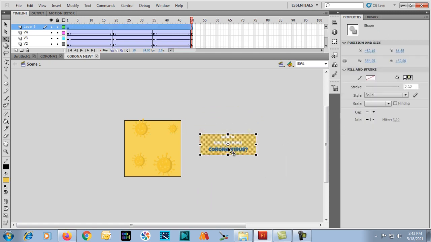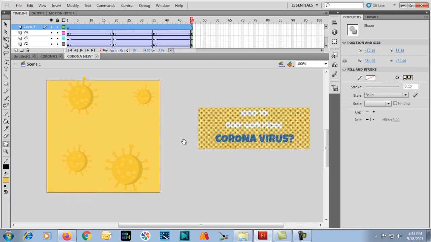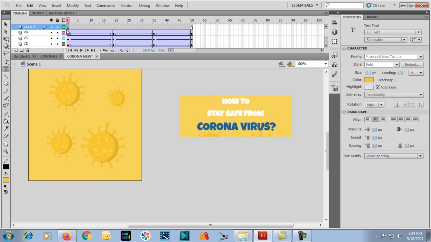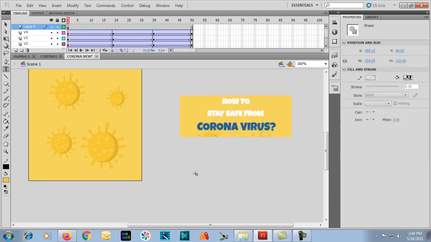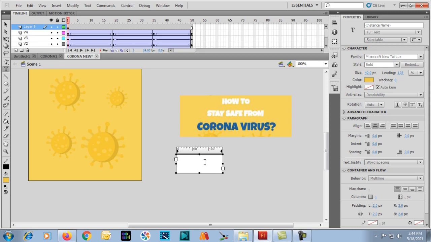Now I'm going to create text by using the T text tool. Click the layer, click and drag text over here in the frame. It says how to stay safe from coronavirus. How to stay